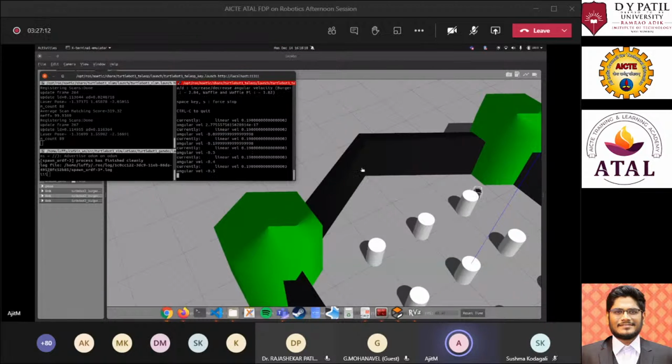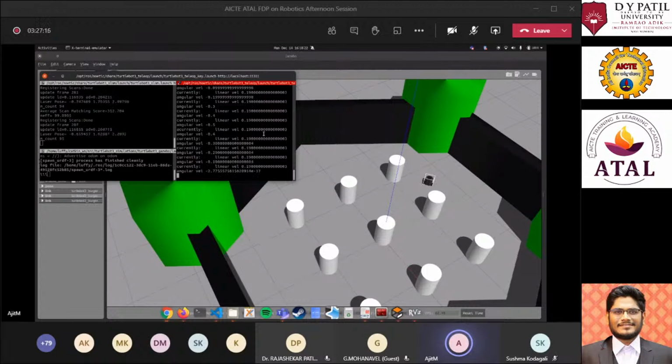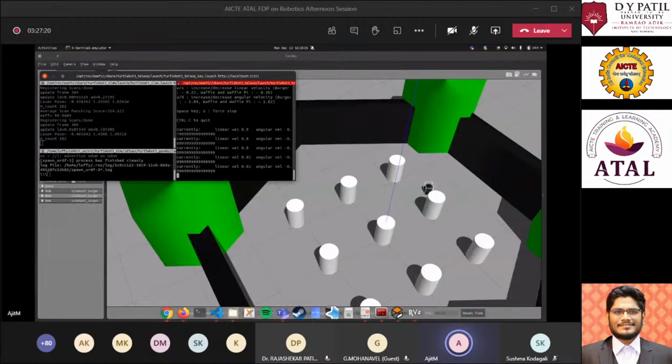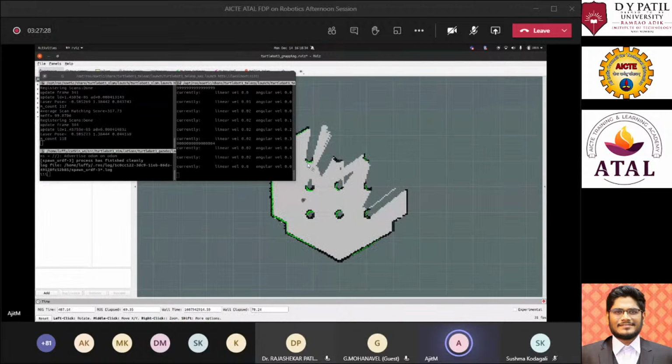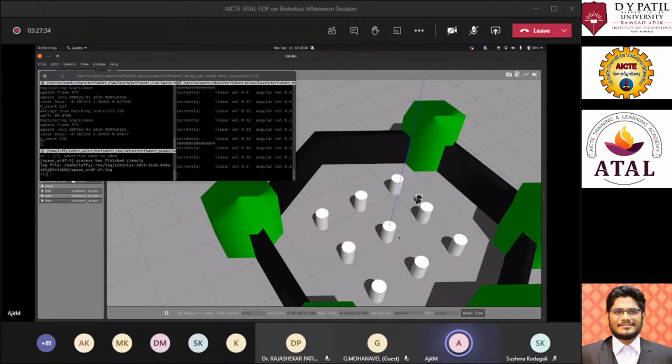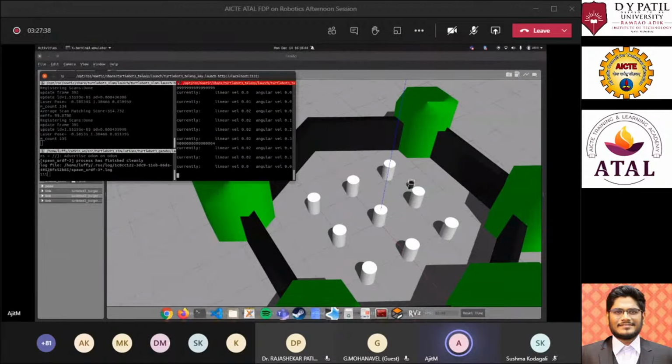Right now you can see the bot is moving in the world. I'll just stop the robot over here, and simultaneously you can see the map getting generated. So what I'll do is go around the complete terrain, the complete map over here, and map it out quickly.